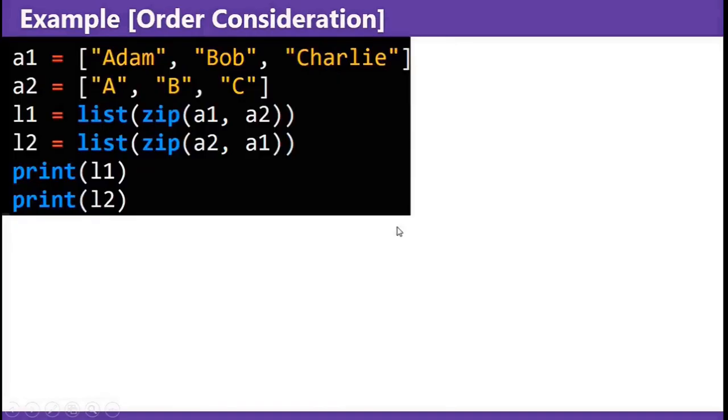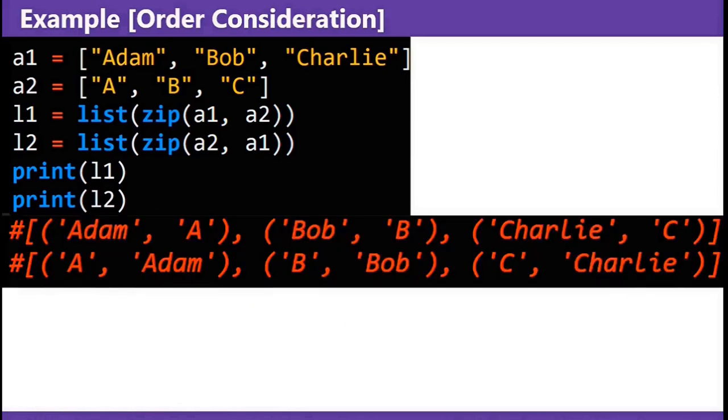Something else you're wondering about the zip function: does the order you pass stuff in matter? In this code, you zip the list of names with the first letters for the first zipped list, and zip the first letters with the list of names for the second zipped list. It turns out the order you pass containers into zip determines the order in which objects appear in the tuple. The first element of the first container you pass into zip will be the first element in the first tuple in the zipped object. And you can see that when you do the names first, Adam is first, and when you do the letters first, A is first.